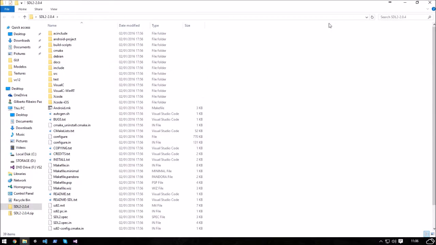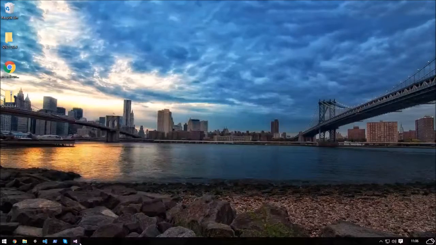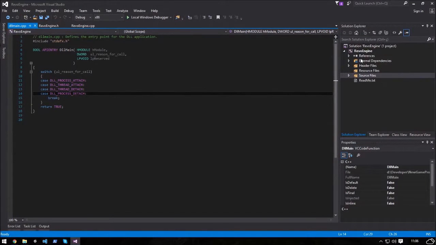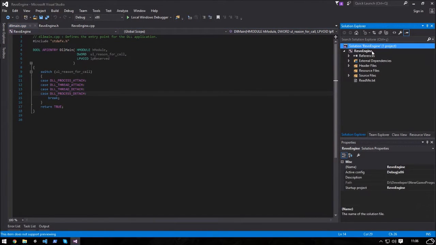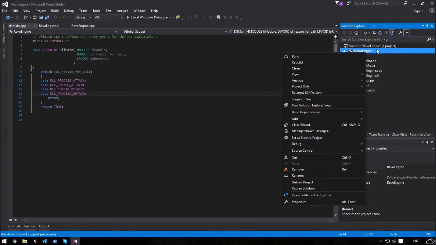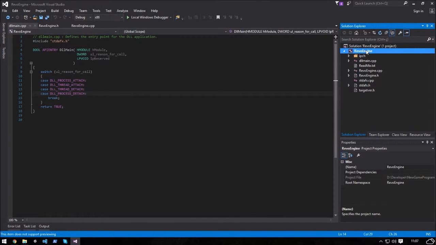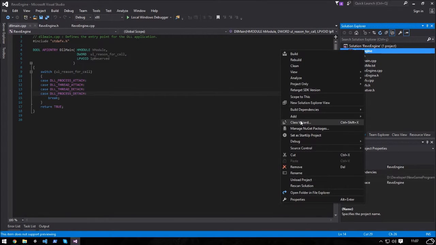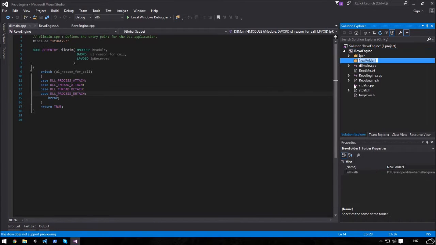This is the whole project. Here in Revo, we go here, show files. We're going to create a folder. This is the folder hierarchy. So this new folder, I'm going to use this pattern to